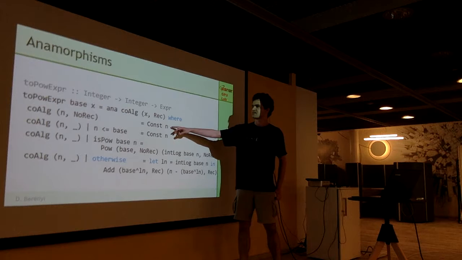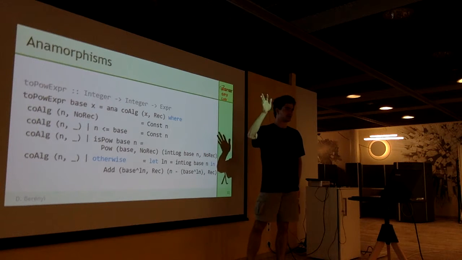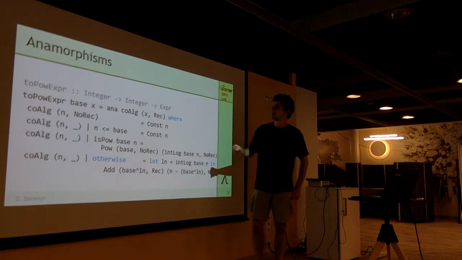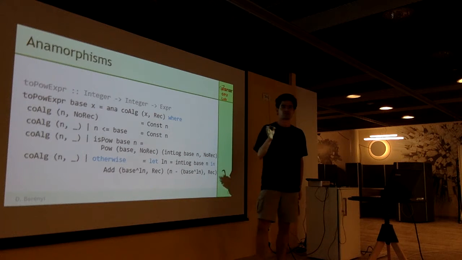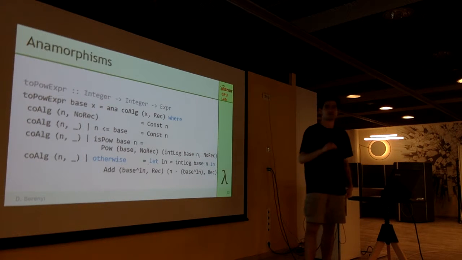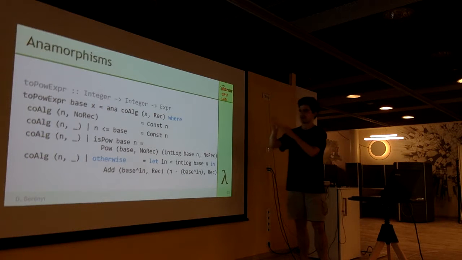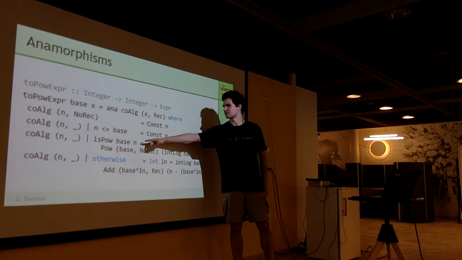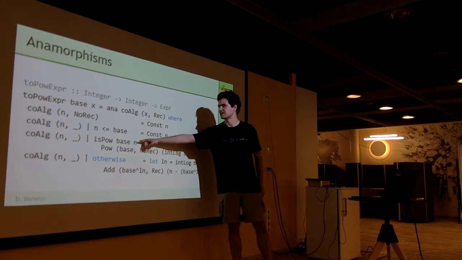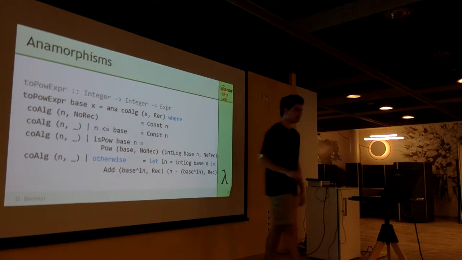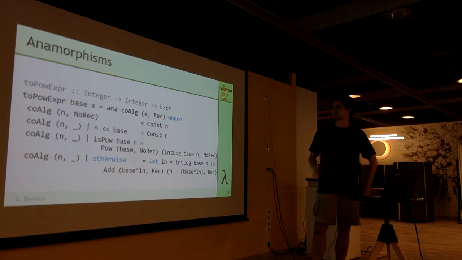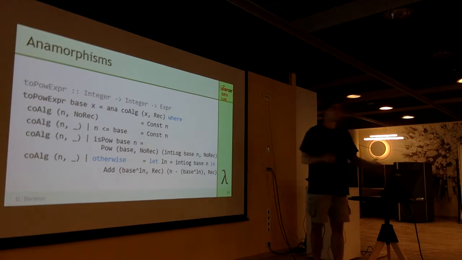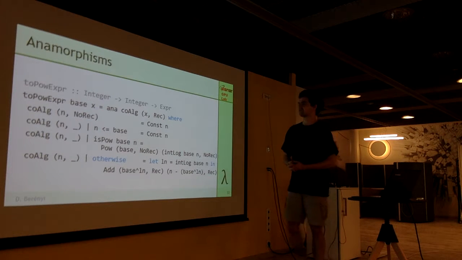If the decision says do not recurse, I'm just writing out the value into the tree. If it is smaller than the base, I do not care about the decision because I don't want to break small numbers again into powers of the base. And now I'm just at the other two cases, deciding whether it is a perfect power of the base. For example, if I just supplied 64 to the base of 2, it is a perfect power. I do not need to break it further because that's what I'm looking for.